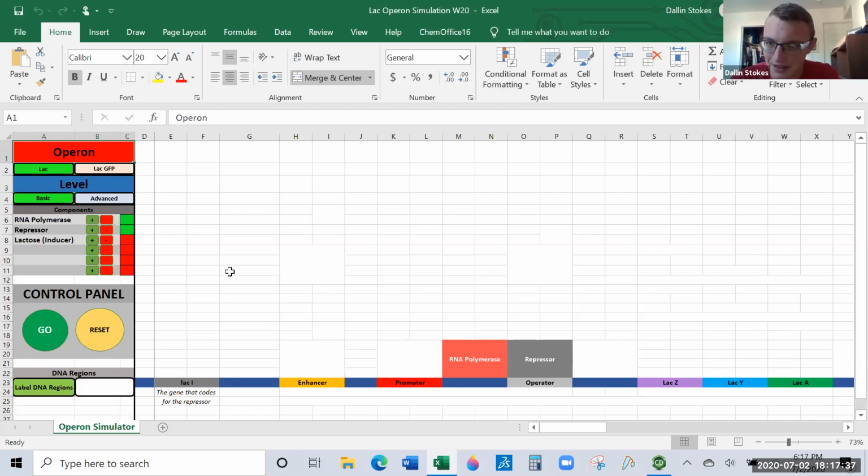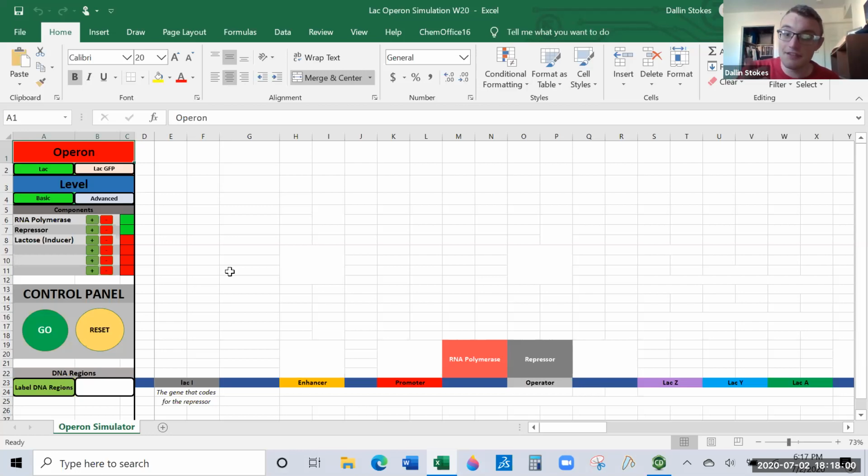So see, it's a self-regulating system, kind of like those new motion sensor light switches. It turns on the light when you're in the room and it turns off the light when you leave. That's how it works. It's on when the lactose is there, and once all the lactose gets destroyed, then it goes back off again because the repressor gets back in the way of RNA polymerase, and now it's off until we need it again.